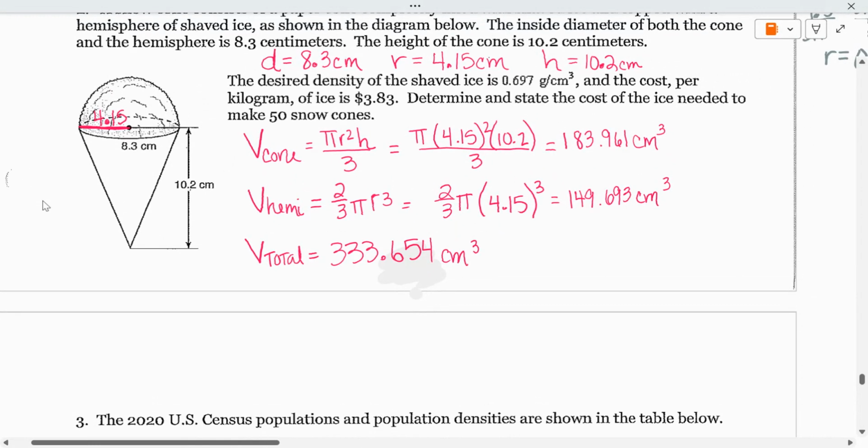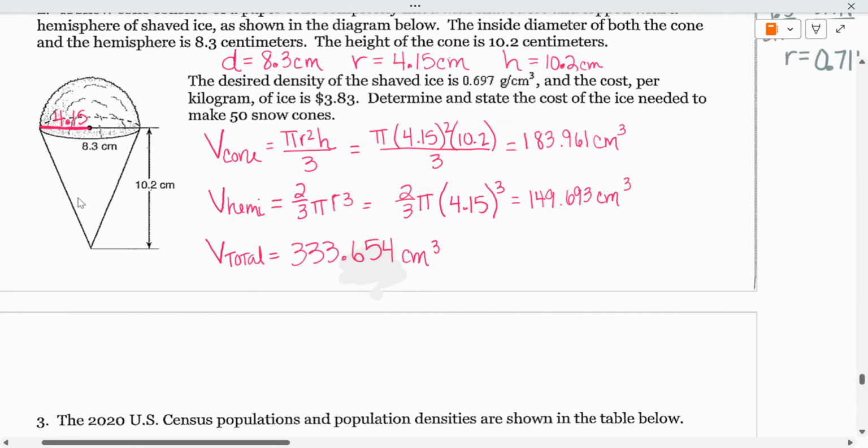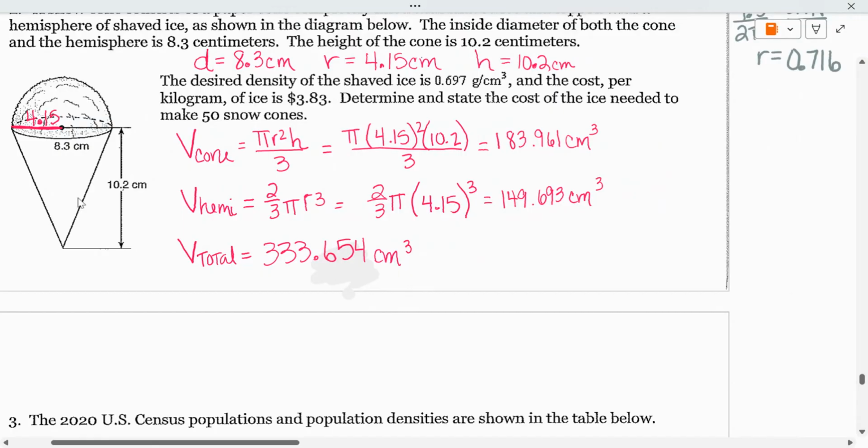It says the desired density of the shaved ice is 0.0697. And the cost per kilogram is 3.83. Determine the state and the cost of ice needed to make 50 snow cones. So we need to figure out our mass. So our mass equals our density times our volume. So our mass equals, well, the density is